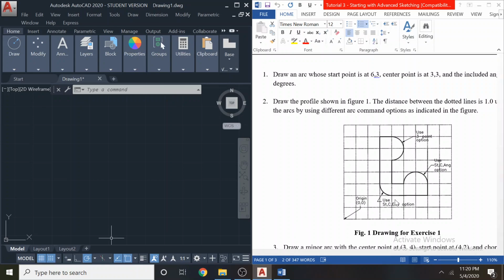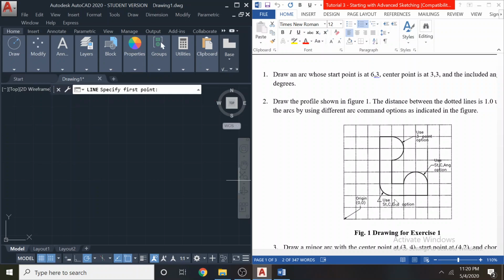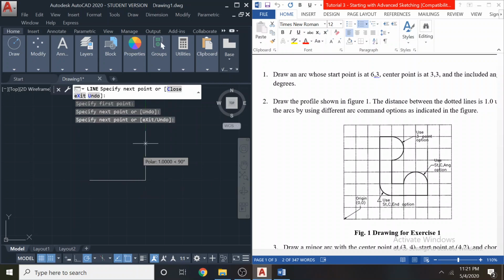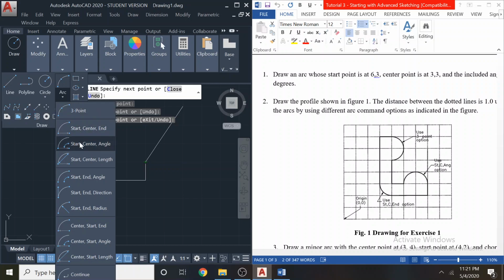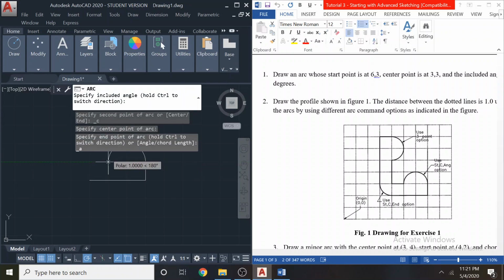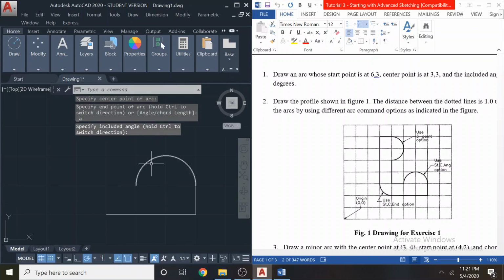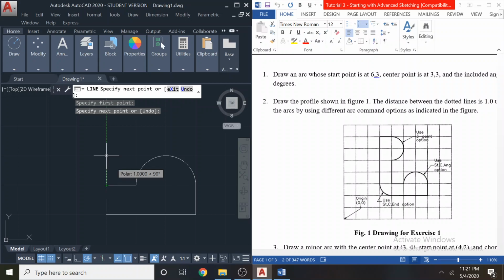We can just start somewhere here. Always start a drawing from a straight line, then it's easy. So I'll just start this line, 1 2 3, 3 squares. So here I'm not typing anything, goes up 1 unit up, and here they say start center angle. So I use the arc tool, start center angle. Start is already taken, center is here, angle is also 180. I don't need to type this one, even the grid snaps are nicely working. So this is the line tool again, then going up by 2 units,